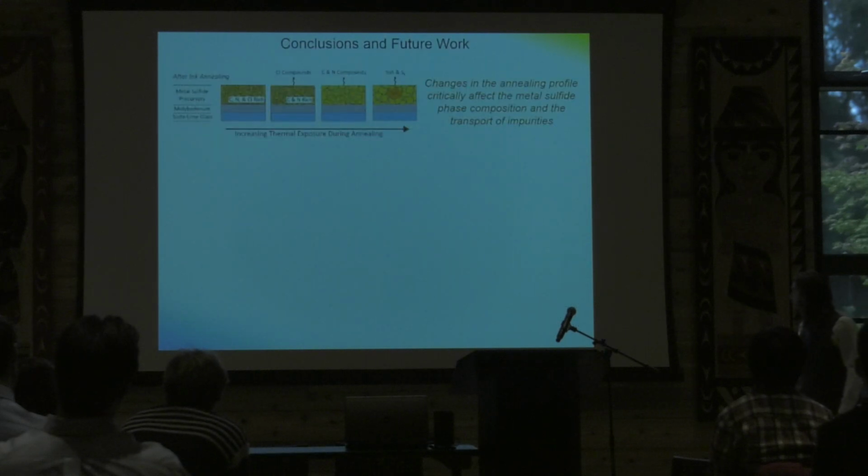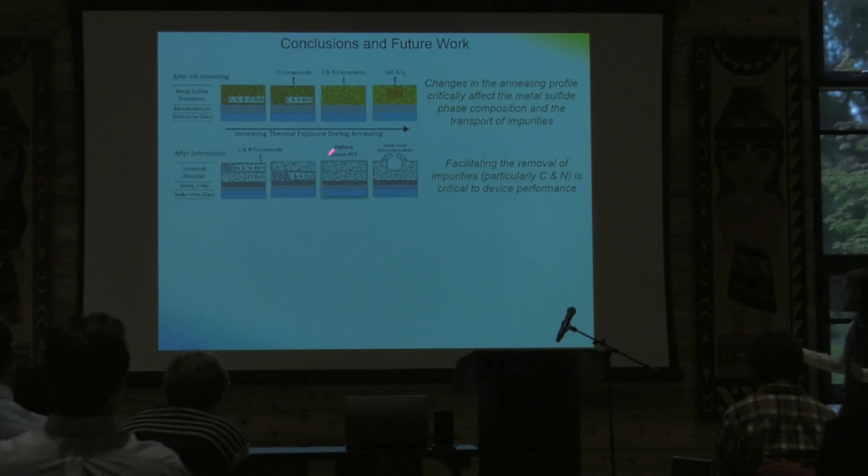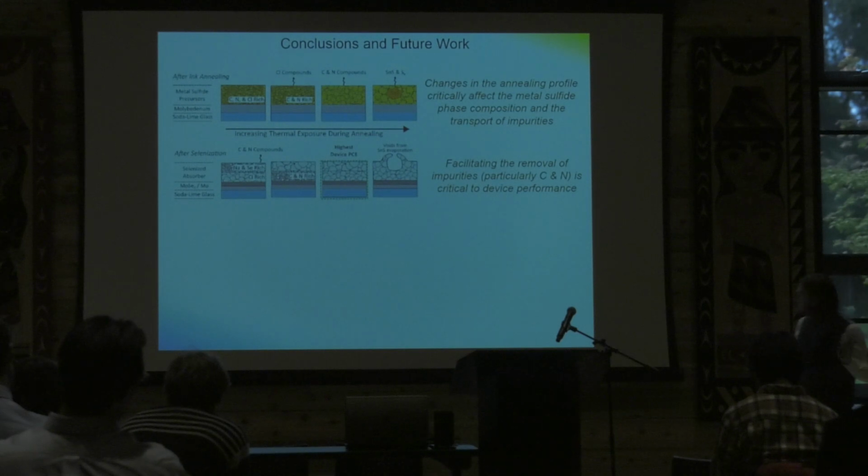So in conclusion, I'd just like to give the sort of chemical overview here. I didn't talk about chloride at all, but that's another big part of the picture. As you increase your thermal exposure during annealing, if you drive off these carbon and nitrogen compounds before selenization, they don't get trapped in the same way. However, at low temperature, they don't seem to polymerize in the same way, and you can drive them off during selenization as well, which is something I hope to pursue in future work,